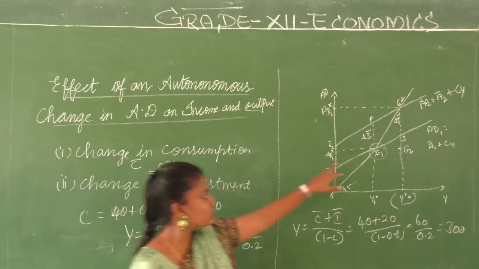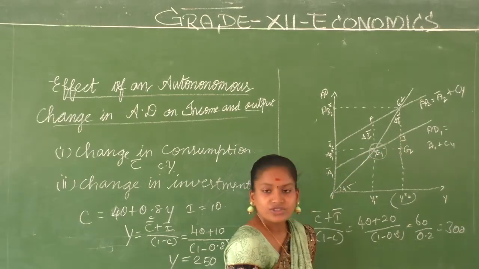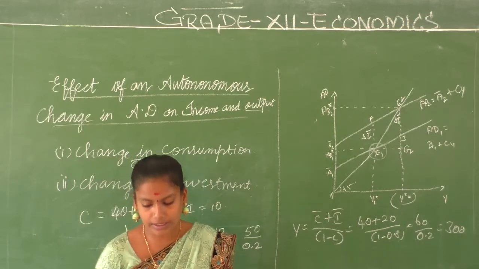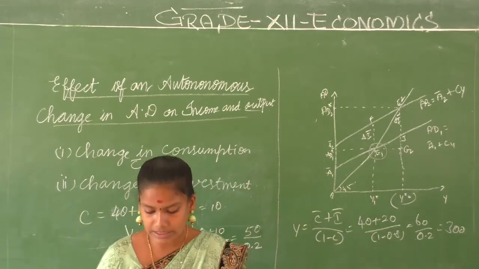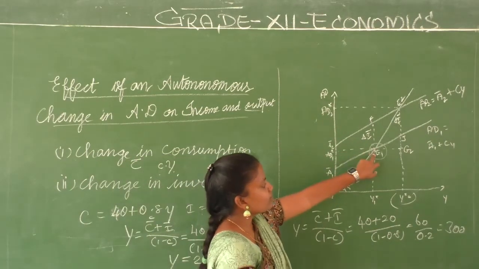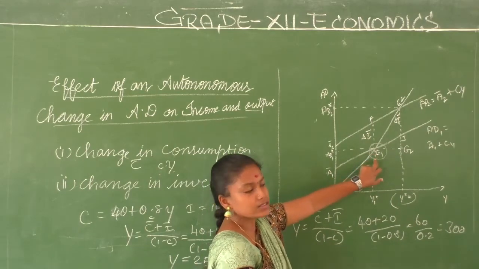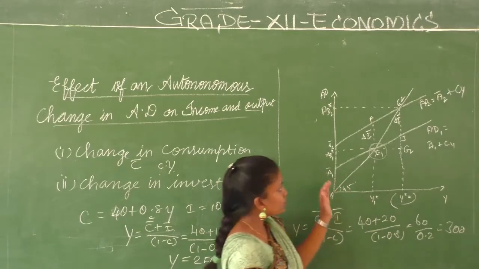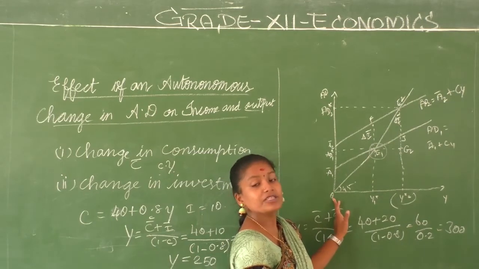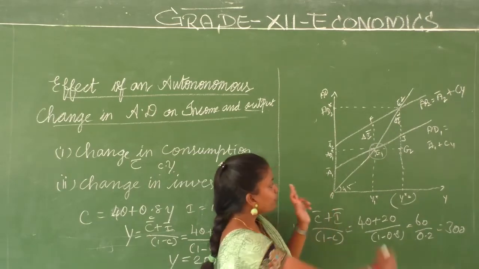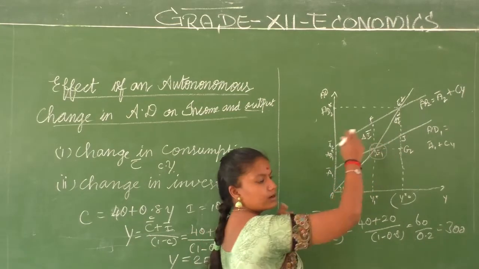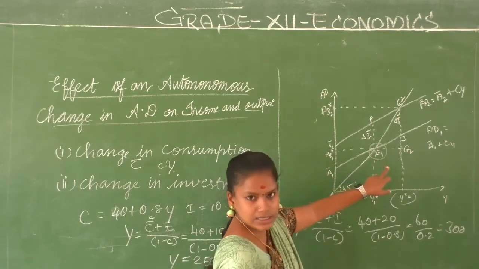So there is a change, from here to here there is a change, and that is given to you in a paragraph format. E1 no longer represents the equilibrium. When the investment changes, E1 fails. You have to find a new equilibrium. That is why you go for a new curve where it meets the 45-degree line. Which point is marked as equilibrium? Where this demand slope meets the 45-degree line, that point is marked as equilibrium 1.